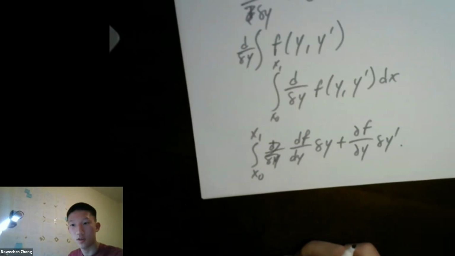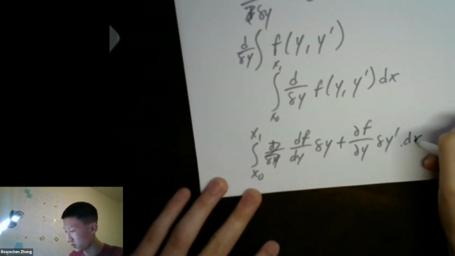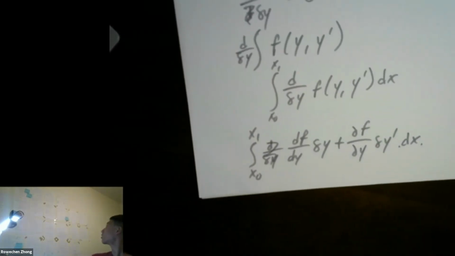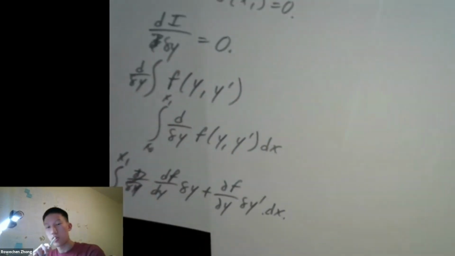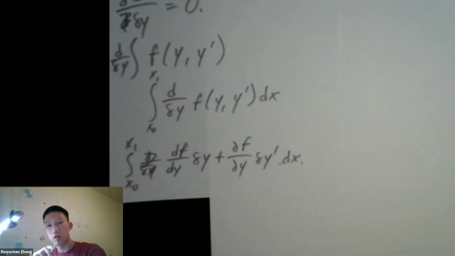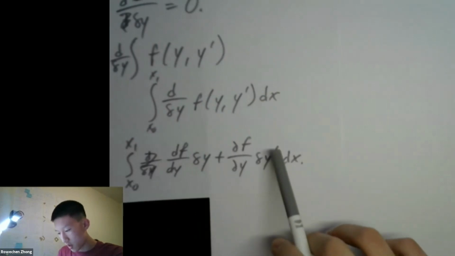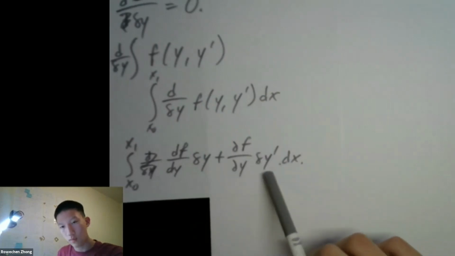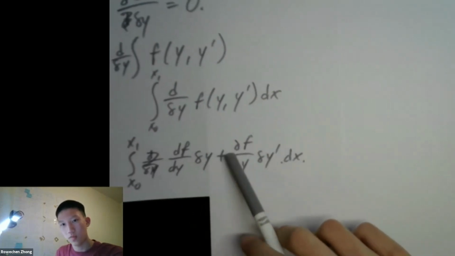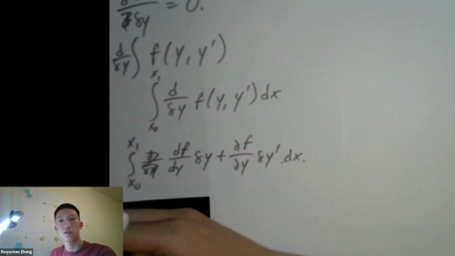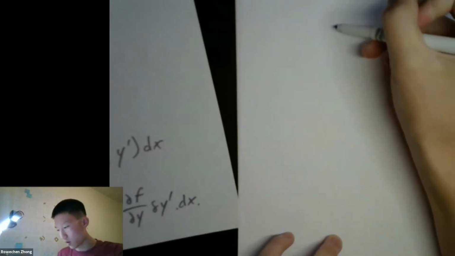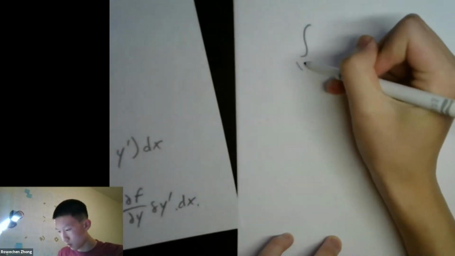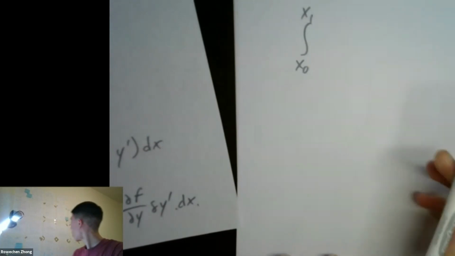Why does this work? Ask somebody who actually knows calculus. Do this, make some cancellations. You use what's called integration by parts. You guys probably don't know integration by parts. The way you do that is you can take this little y prime over here, move the prime to the other thing. What you end up with is something along the lines of, all that stuff cancels out. What you end up with is something like the integral from x0 to x1 of,